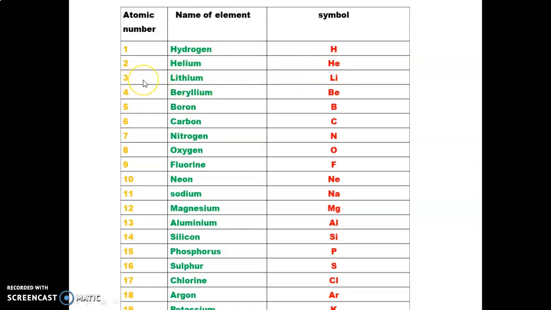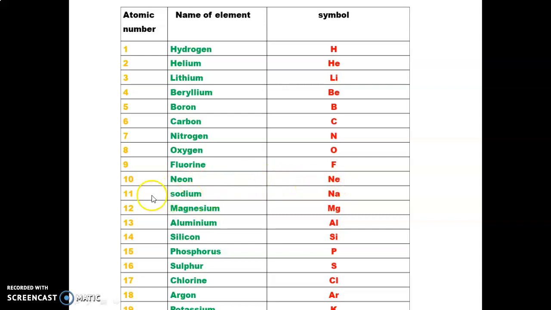Third one, atomic number 3, means the number of protons present in an atom is 3, or the number of electrons in a neutral atom is 3. Lithium, Li. Fourth element, beryllium, Be. Fifth, boron, B. 6, carbon, capital C. 7, nitrogen, capital N. 8, oxygen, O. 9, fluorine, capital F. 10, neon,